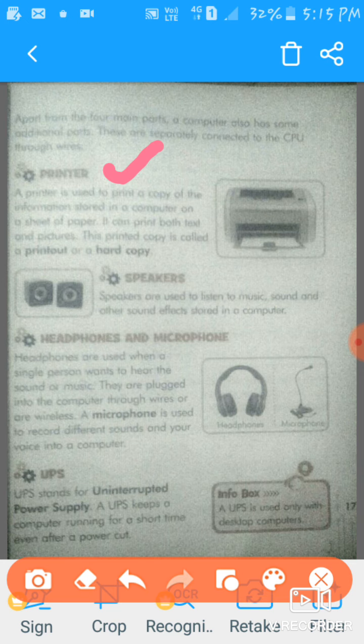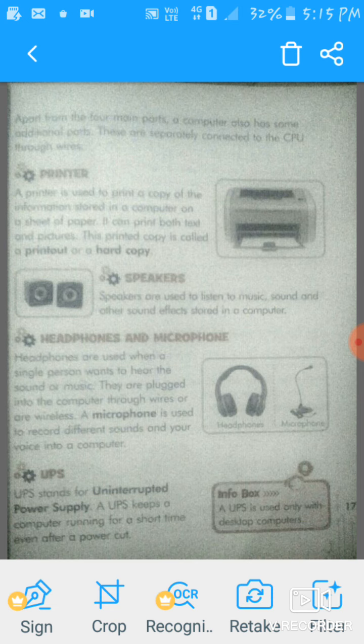How can we use a printer machine to copy what is stored in a computer? Dear children, let's read about the printer machine.